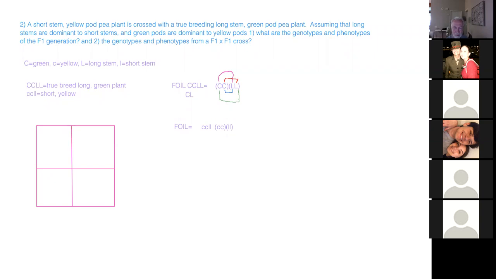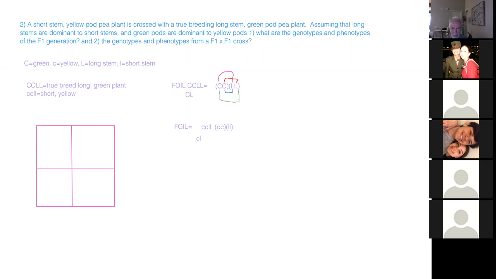What would be the first gamete combination using the F, firsts? Little C, little L. Thank you. Someone else, the O for outers. Little C, little L. Inners, same thing. And last, also same. So what we can see is this individual can also, similar to the true breeding long, only pass on little c, little l, and that is because this is also a